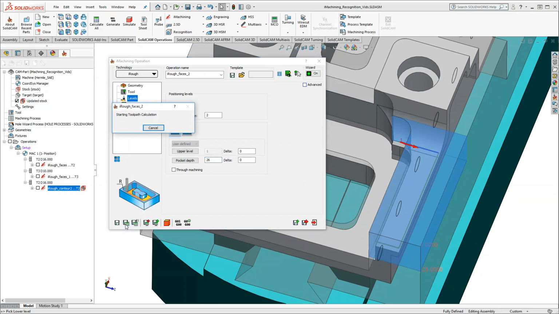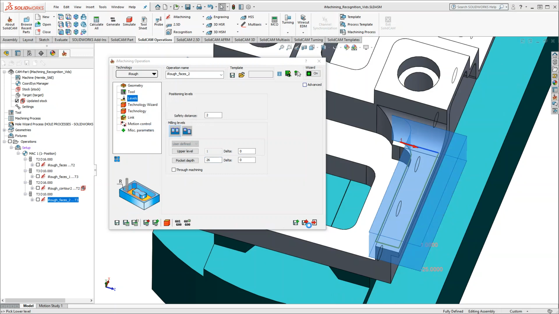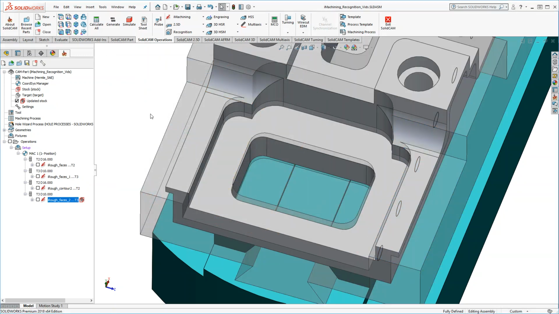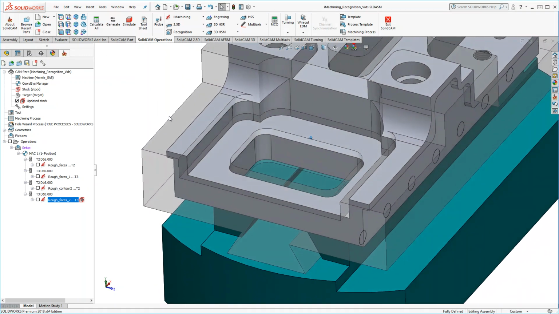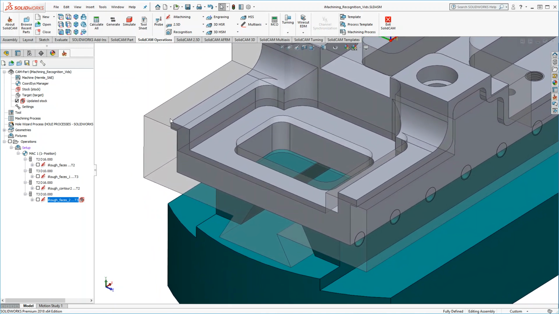Now I'll click Save and Calculate. And then let's take a look at the updated stock. Next, I want to define an operation that performs the side milling of this first sweeping feature to remove the remaining stock. Now, this would generally require some custom sketching in SolidWorks, but now I can simply use feature recognition